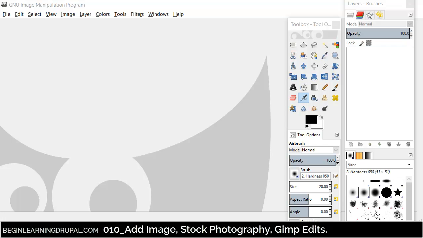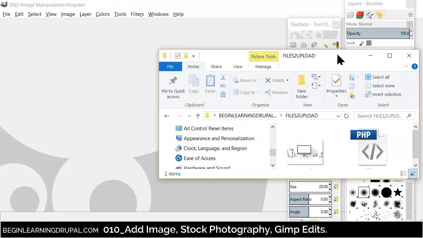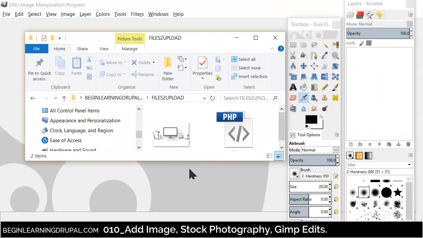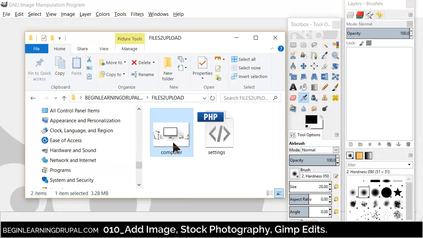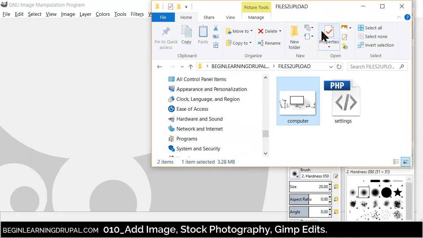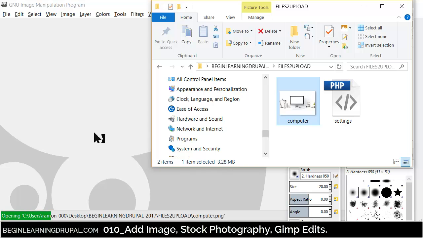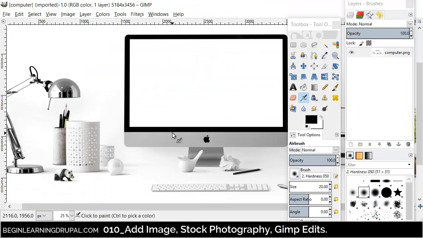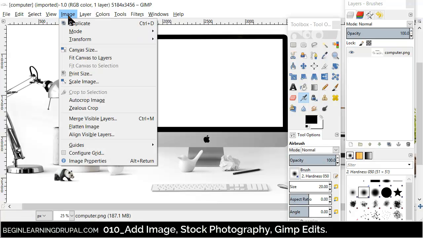So I've got this folder with stuff that I want to upload. I want to upload this image that we downloaded earlier. So I just drag it in here into Gimp. Okay. And the moment I do that, I go to image,